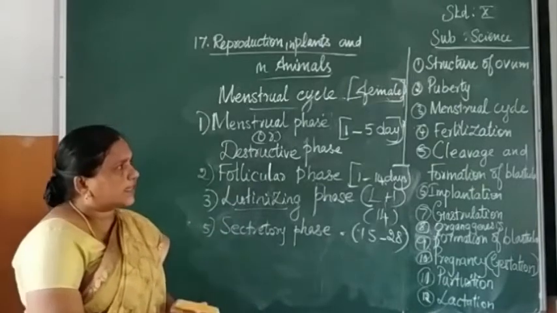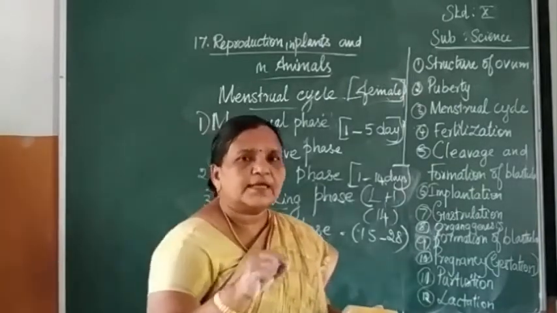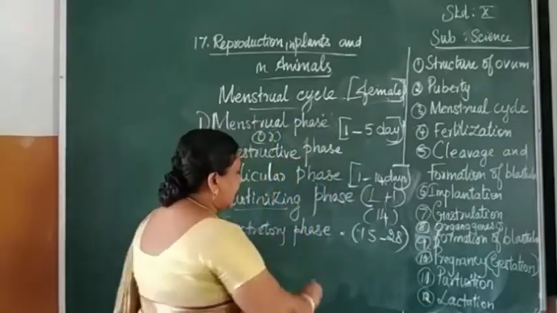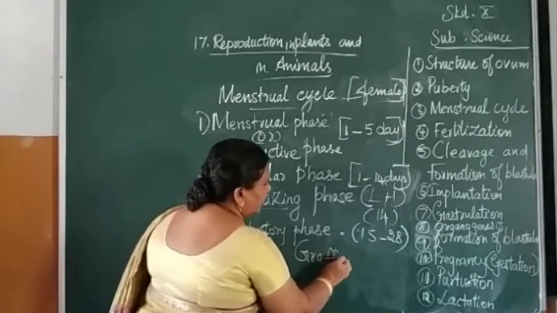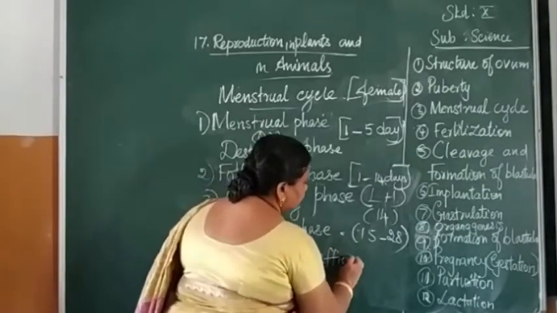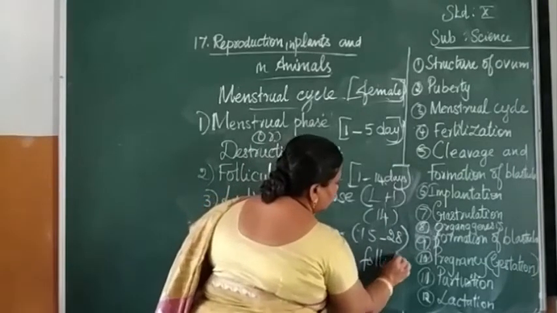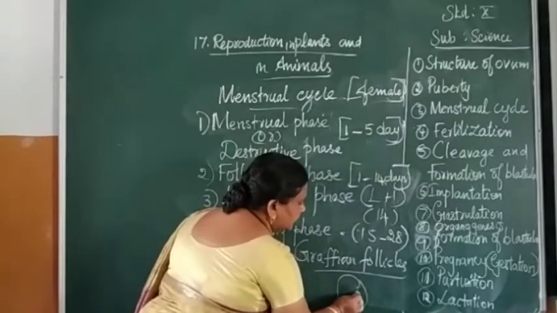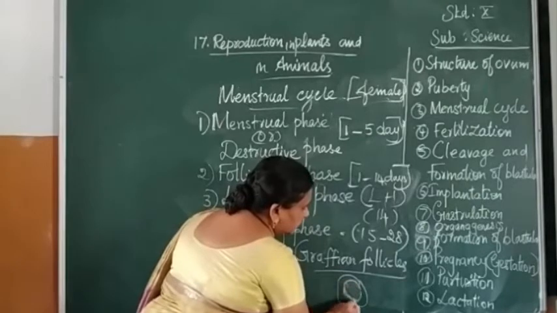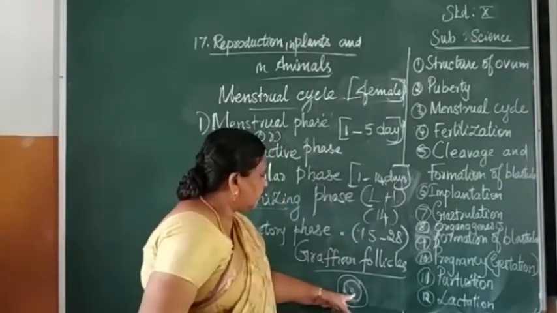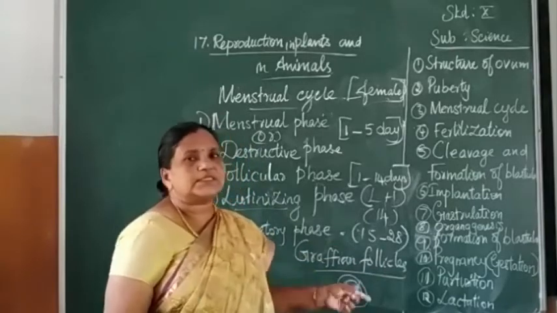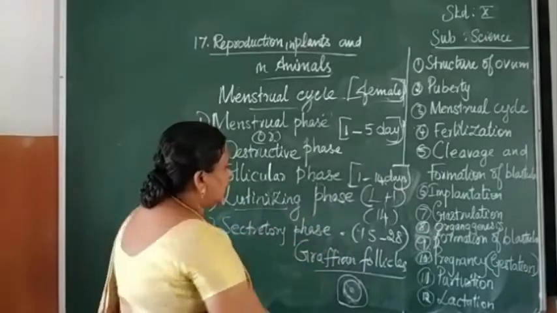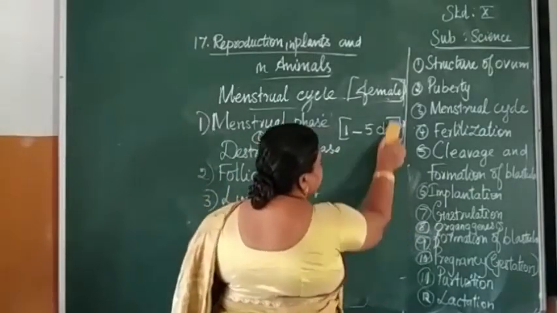So after the menstrual cycle, the ovum will be released from the follicle cells. This follicle cell with the ovum is called the Graafian follicle. From this Graafian follicle, the ovum will be released. Already we studied it is surrounded by the follicle cells, follicular phase, Graafian follicle, and when the ovum is coming out, it is ready for fertilization. What is fertilization? Fusion of male and female gametes. Next we can pass on to the next stage, that is fertilization.